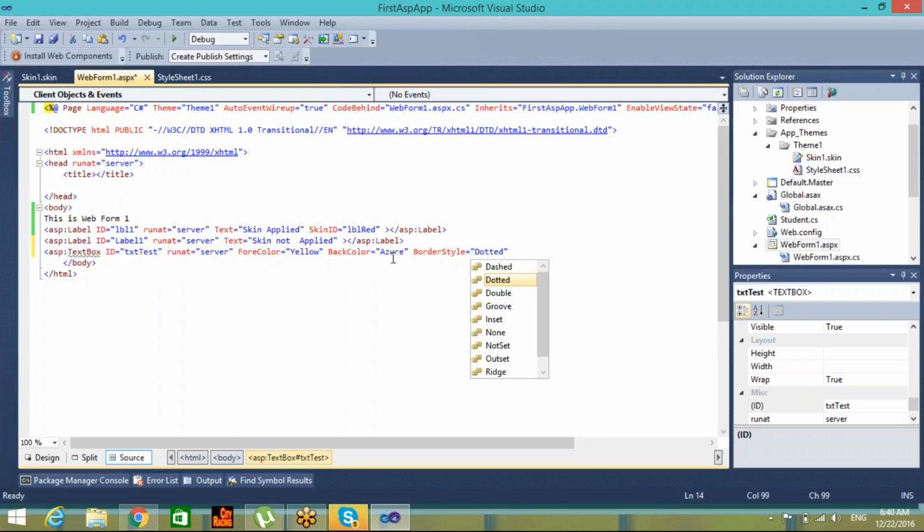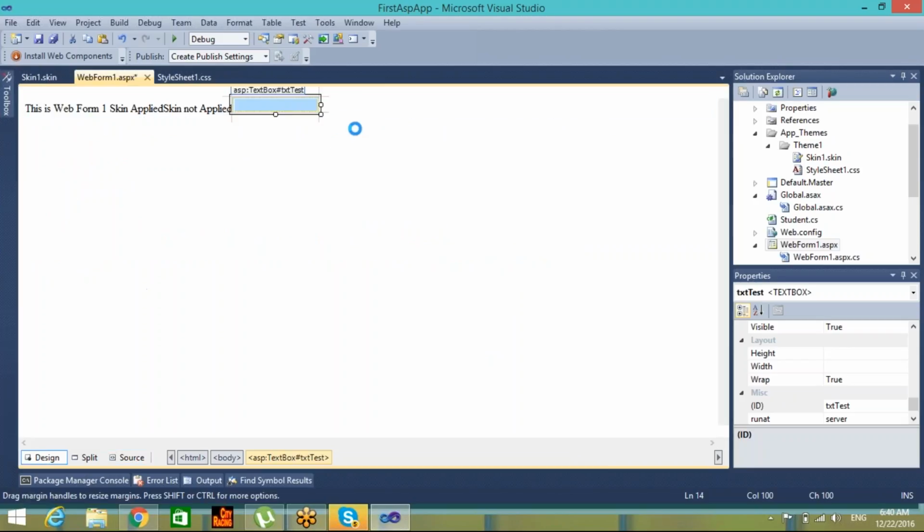So I'm applying multiple styles on this text box, and let's see how it looks. If I go to the design page, we can see the background color is azure, which is nothing but a sky blue color type, and dots are there. And if I want to add some more things over here,